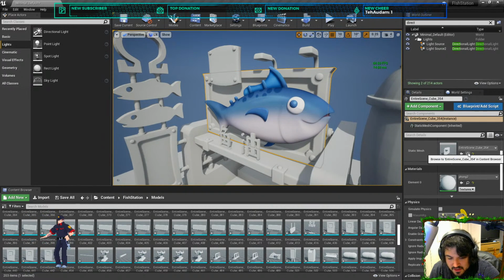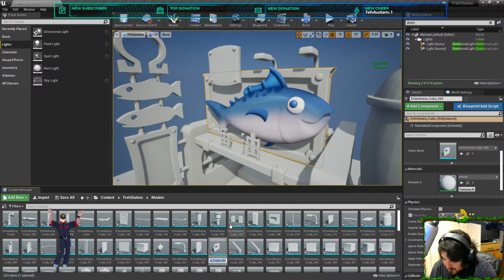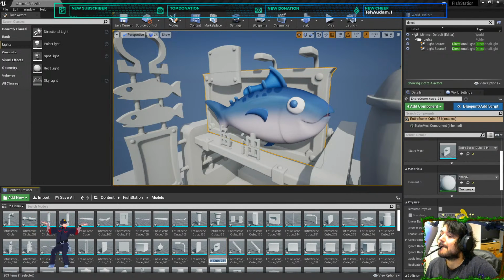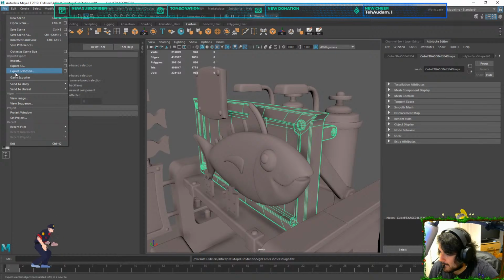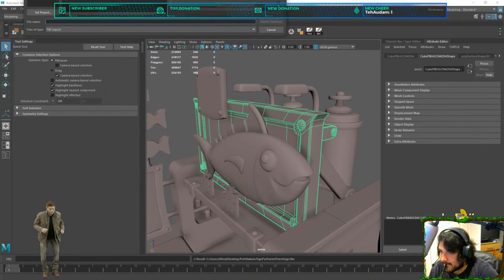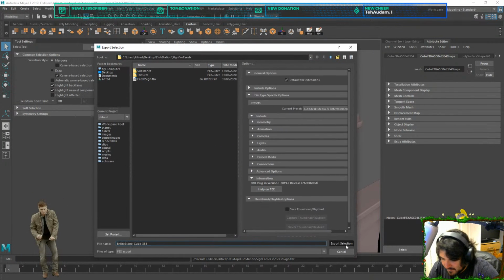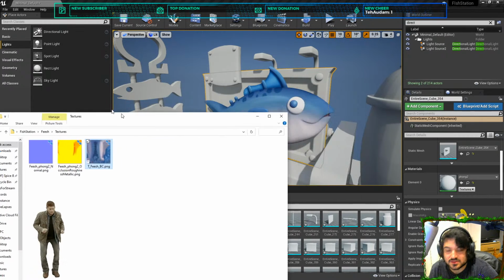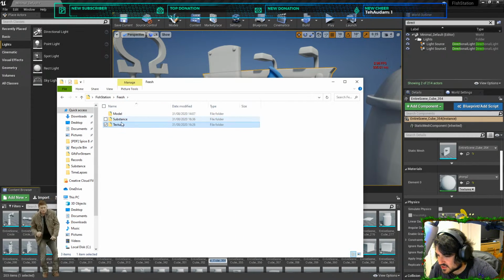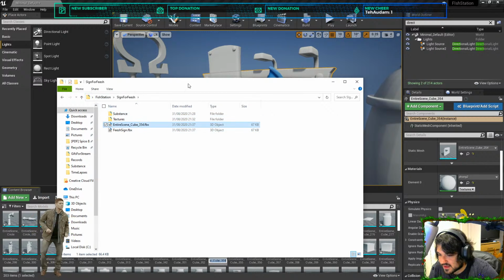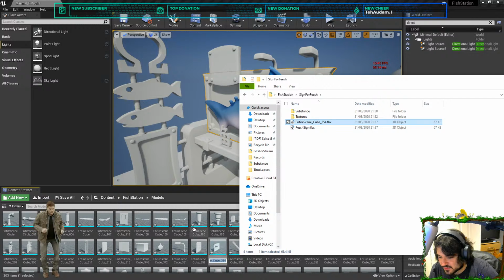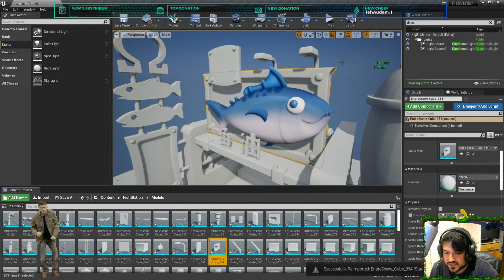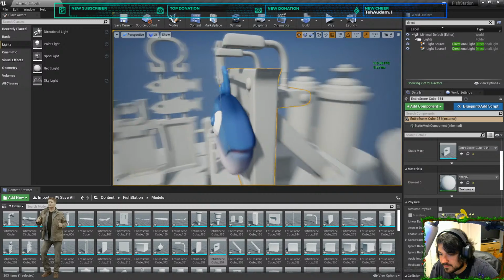Before it crashed then. If I copy that name, save this as that name, come into that, wherever it is, that's the fish, we want the fish sign, we want that one, and if I drag that in, it should at least replace the model. Boom, nice. That should have turned those into better shape.